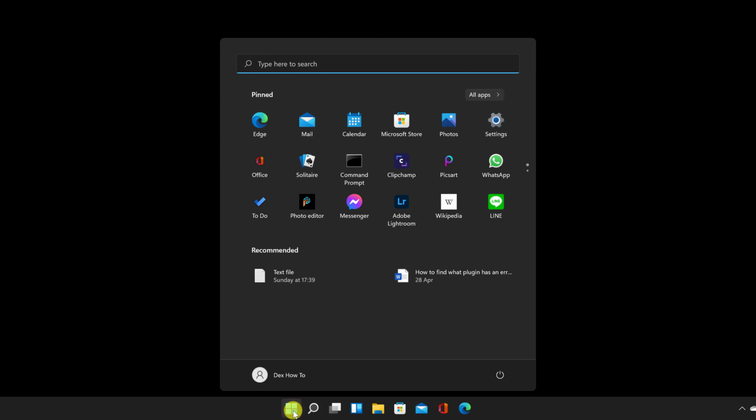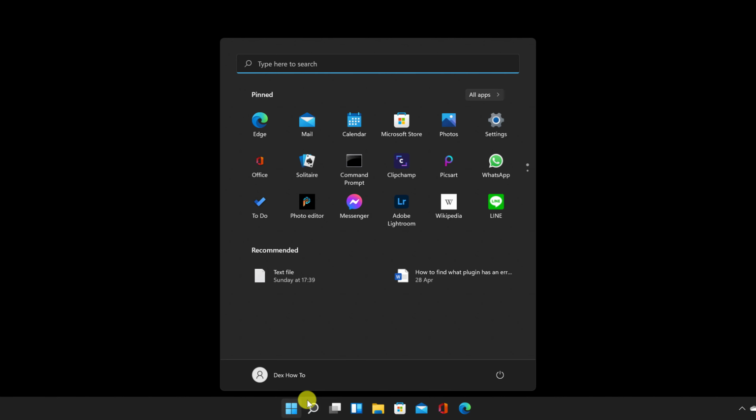To answer the question, what is Pin to Start? Just open the Windows 11 Start menu. The Pinned section is shown under the search field and lets you quickly access your favorite apps. In Windows 11, you can add the icons you need to the Pinned section. When you right-click or press and hold on certain items, you can find the Pin to Start option in the subsequent contextual menu. You can easily pin any app in the Windows 11 Start menu, whether it's one you've downloaded from the internet or the Microsoft Store.